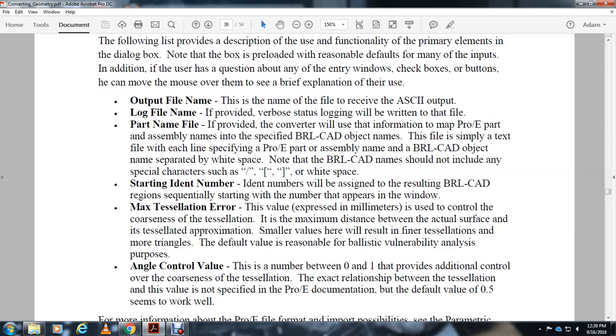Starting ident number: the ident numbers assigned to the resulting BRL-CAD regions will subsequently start with the number that appears in this window. Maximum tessellation error: the value is expressed in millimeters and controls the maximum distance between the actual surface and the tessellated approximation. Smaller error values will result in finer tessellation and more triangles, which is responsible for better ballistic